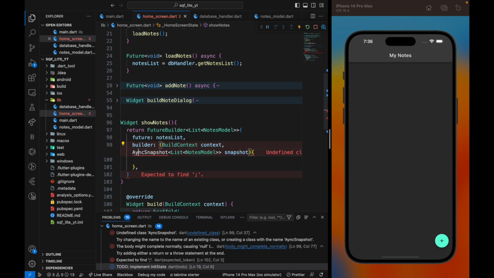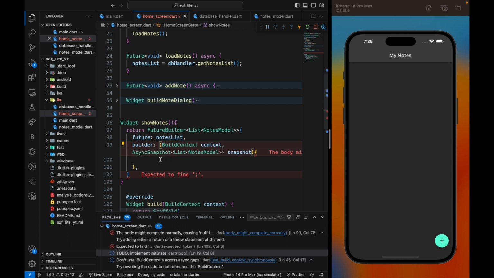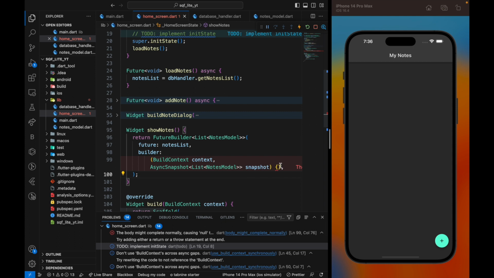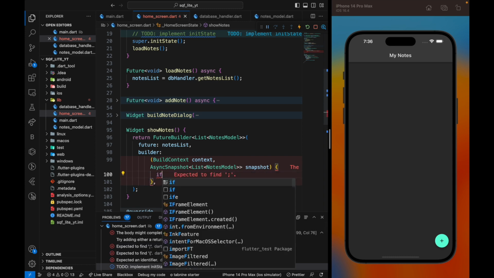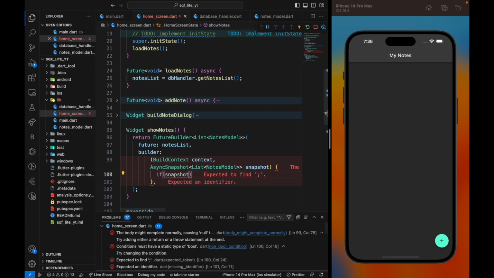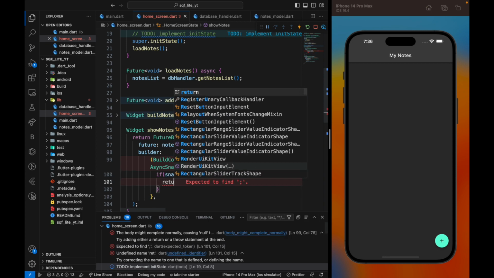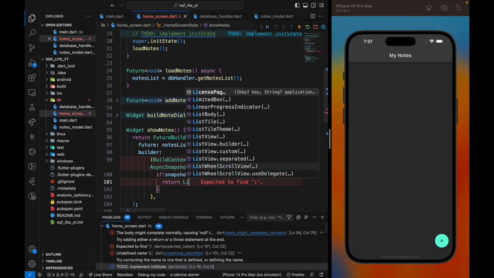And this wasn't spelled correctly, so it's a sync snapshot. Just put our semicolon here for the time being, and we need to return something, right? But first, what we'll do is check if we have the data. So we'll say if snapshot has data, right? We'll return a list view